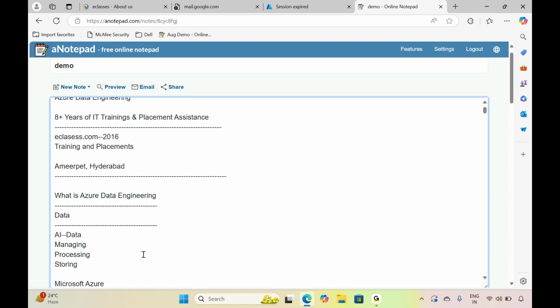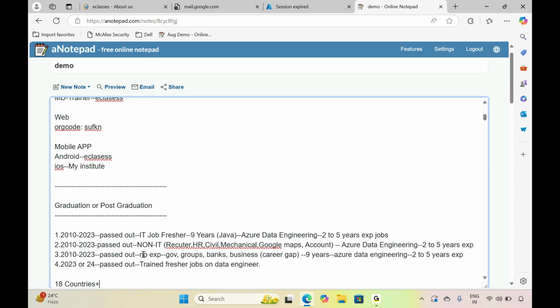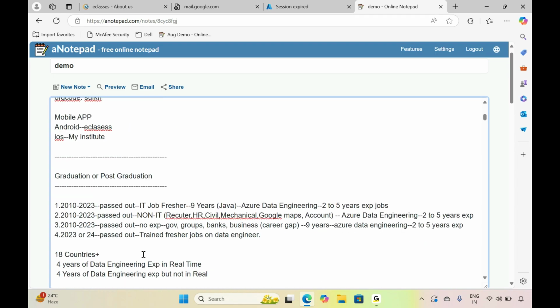In this session, the people who joined this training come from different kinds of backgrounds. For example, you completed your engineering or BTech or any graduation or post graduation between 2010 and 2023. When you passed out between 2010 and 2023, some people immediately got an IT job as a fresher.